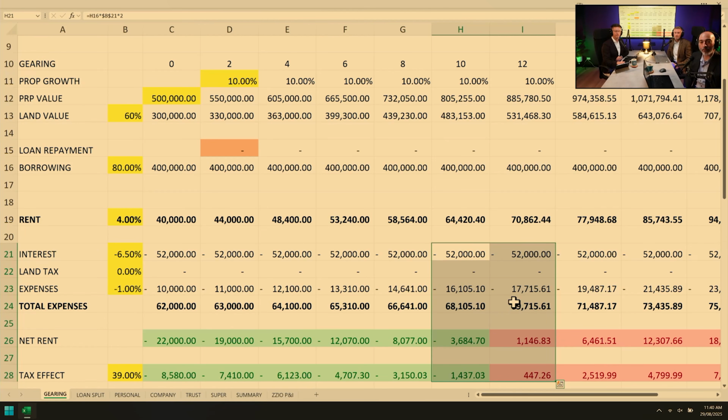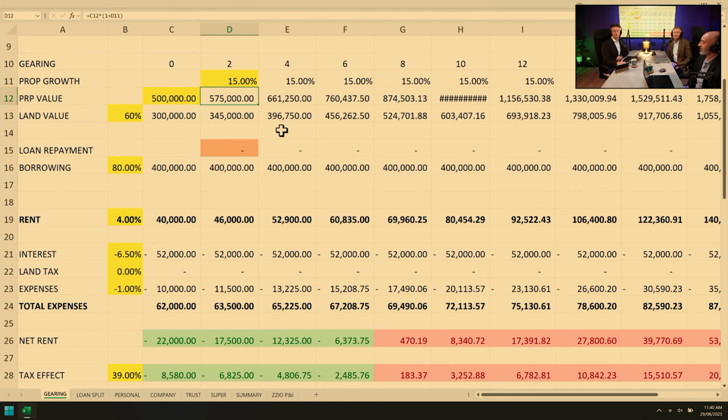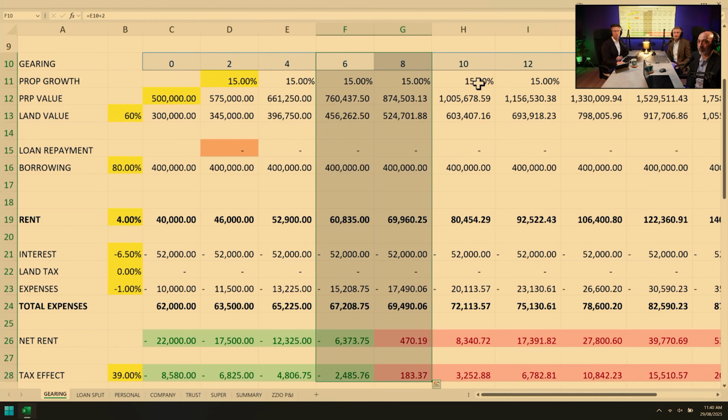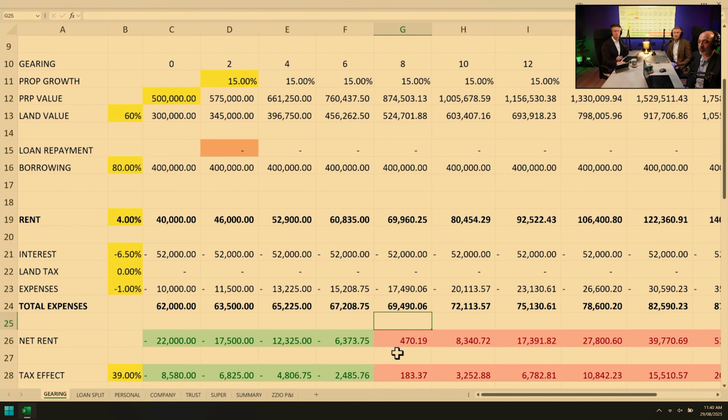Now, if you can go and change those values, Dave. What value of growth do you want to put in there? Instead of 10%, what do you want to put in? Let's go 15. So 7.5% per year. Right, and that would just bring forwards when it goes from negative to positive, just due to how fast rent will rise, being in line with the price.